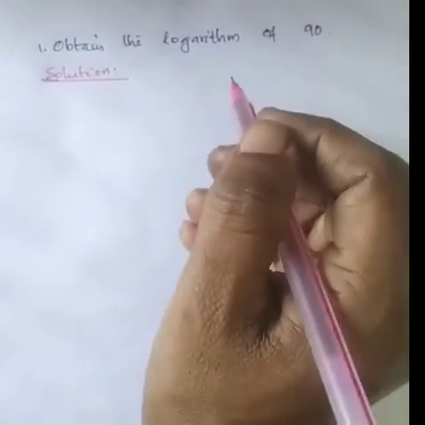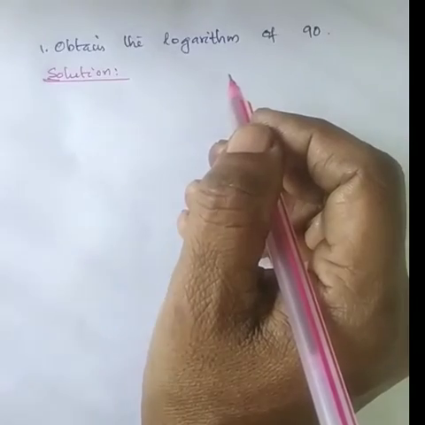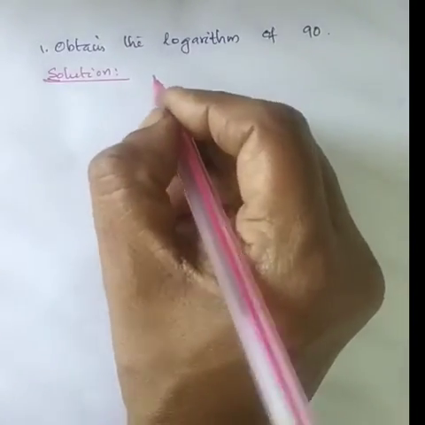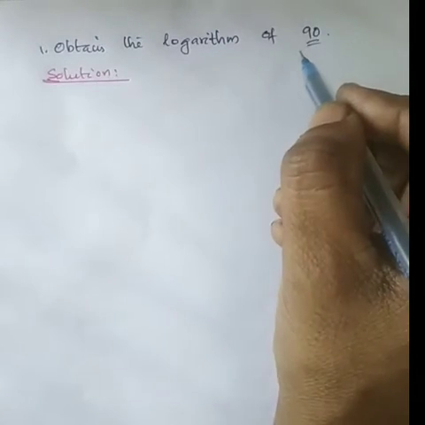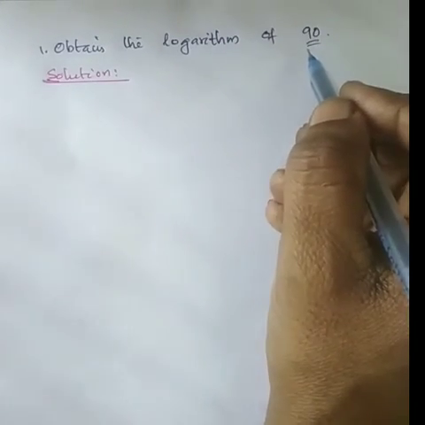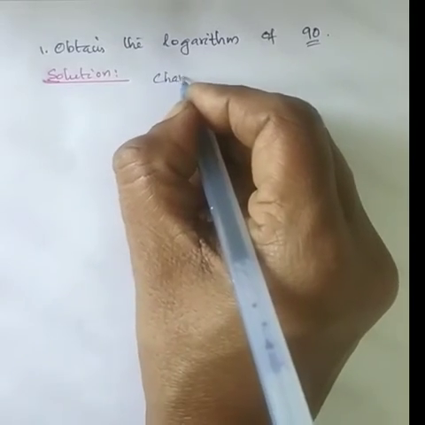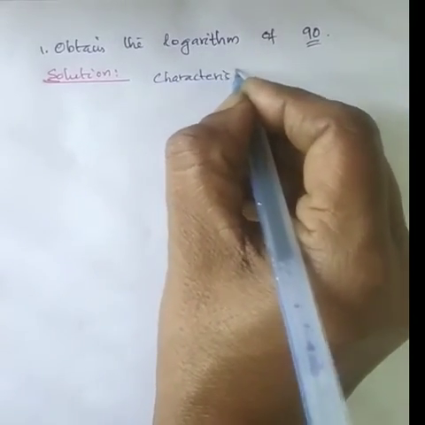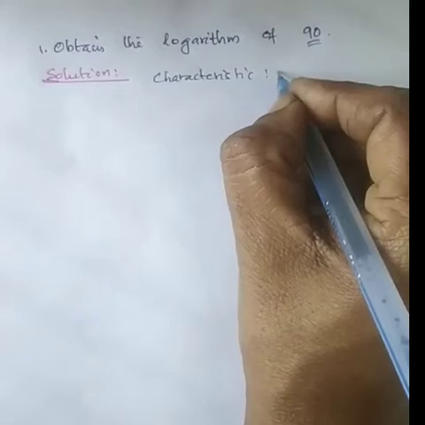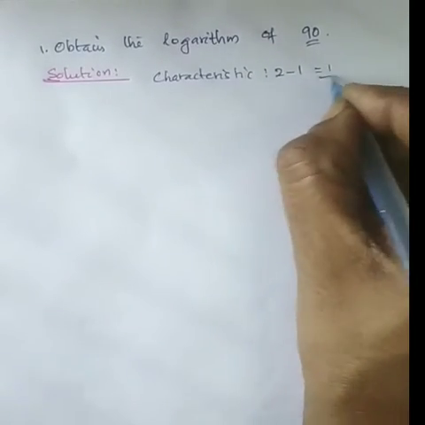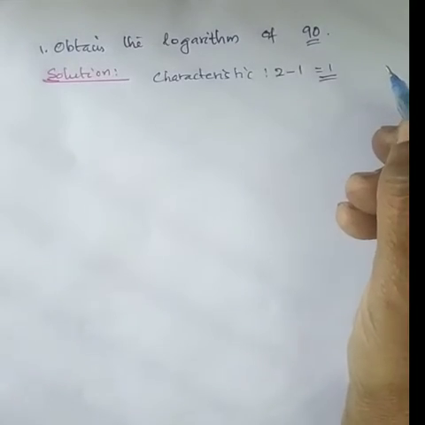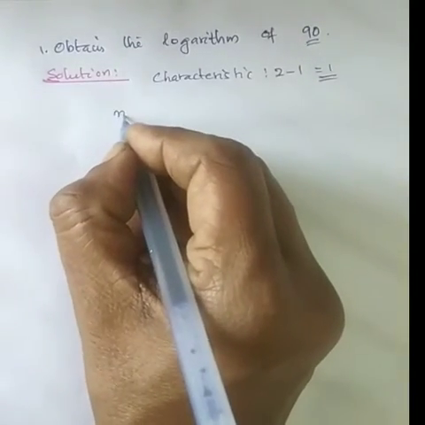For finding the logarithm, first find the characteristic, then find the mantissa. Characteristic. See, this number consists of 2 digits, so the characteristic is the number of digits minus 1. Here it is 2, and 2 minus 1 is 1. So the characteristic is 1. Then for finding the mantissa,